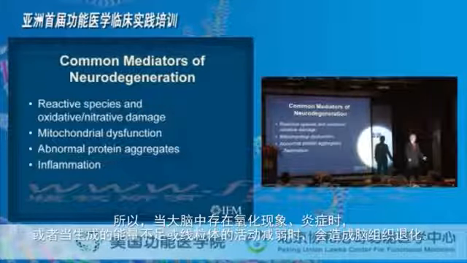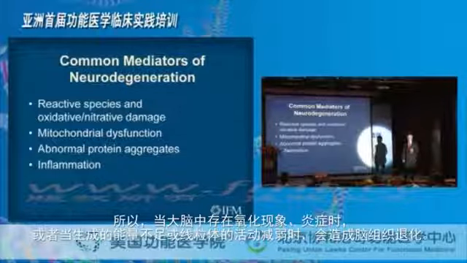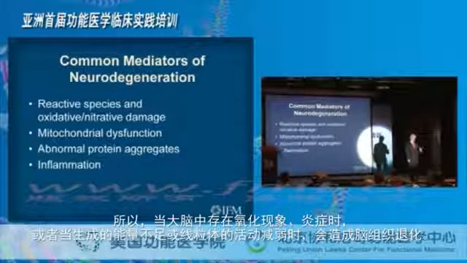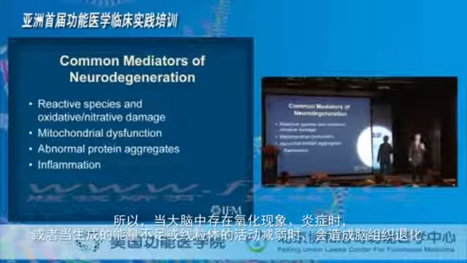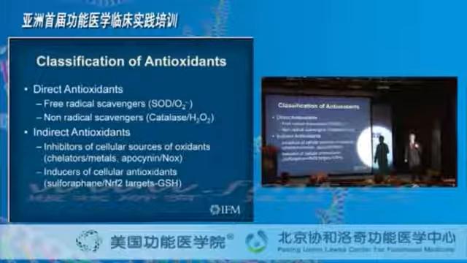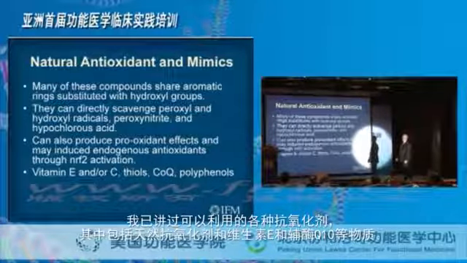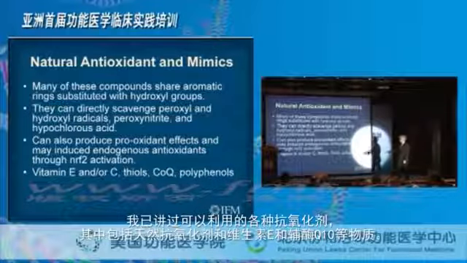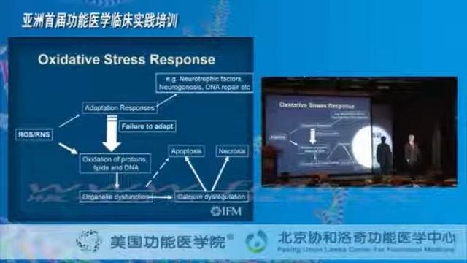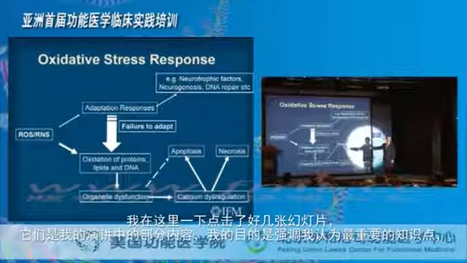So we see that when there is oxidation that's happening in the brain, or inflammation that's happening in the brain, or not enough energy production and the mitochondria are slowing down in the brain, this leads to degeneration. Now, I've talked about the different kinds of antioxidants that are present. There are natural antioxidants, and then there are also the things like vitamin E and CoQ10 that can be used. So we see that normally when there is oxidative stress,